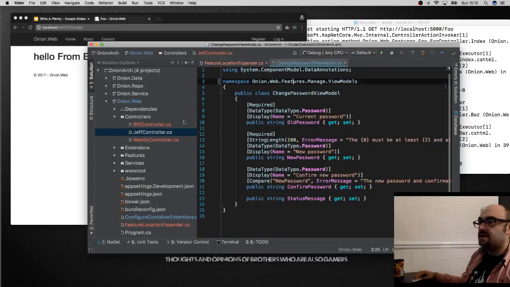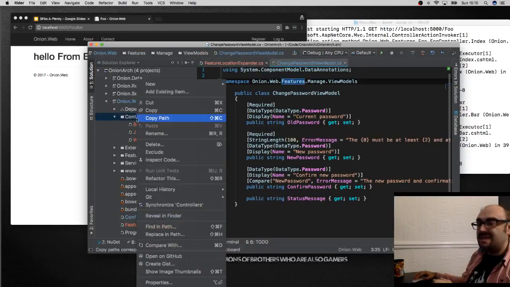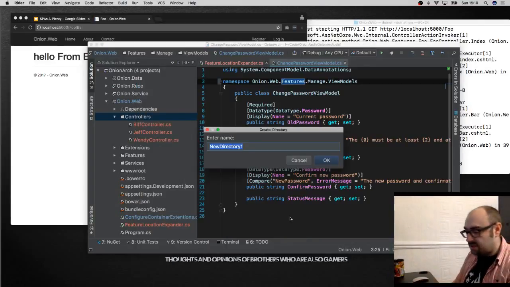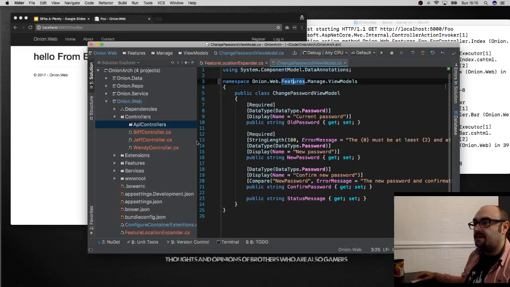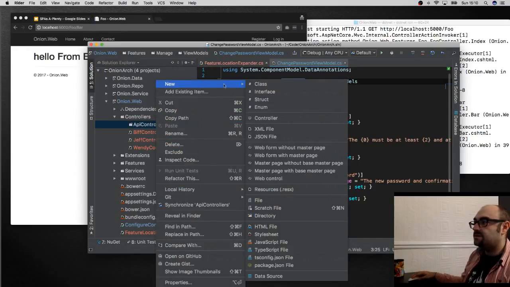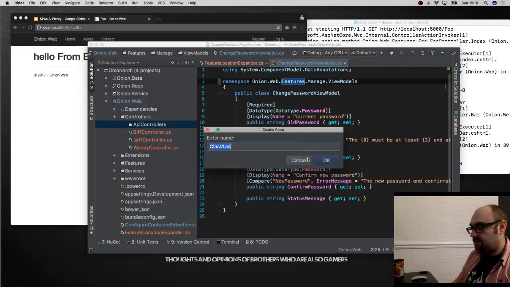So what they'll have is a bunch of controllers, and then within the controllers directory, I don't like this myself, but I'm not an authority, they'll have a separate directory for their API controllers. So this will be